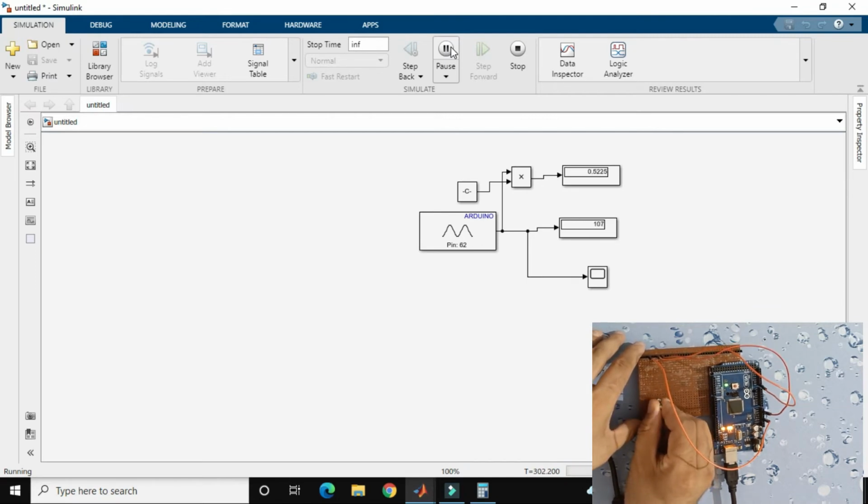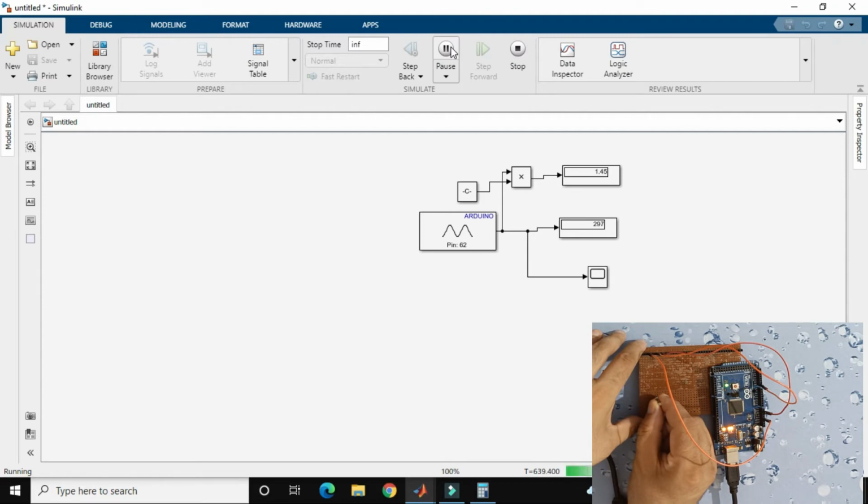When I increase it again, 1 volt, 2 volt, and then the maximum.